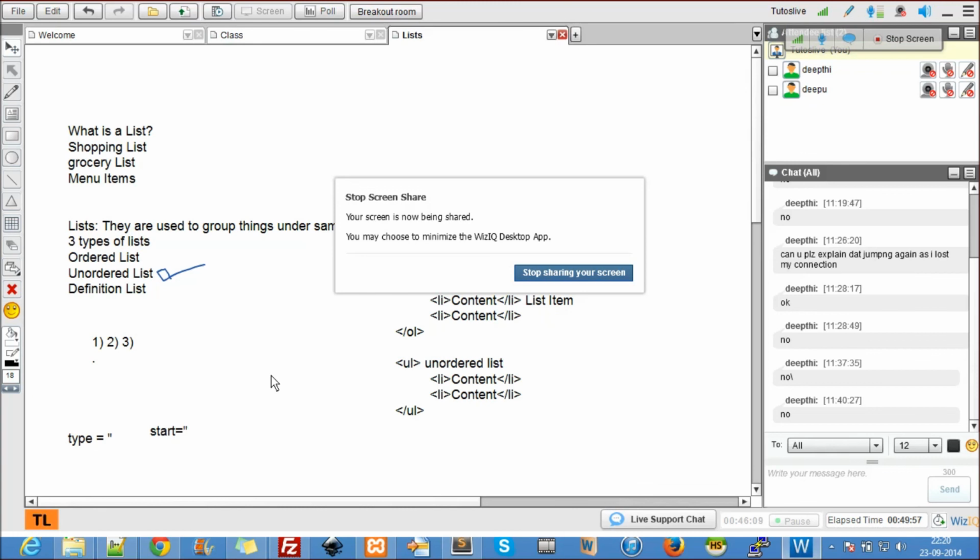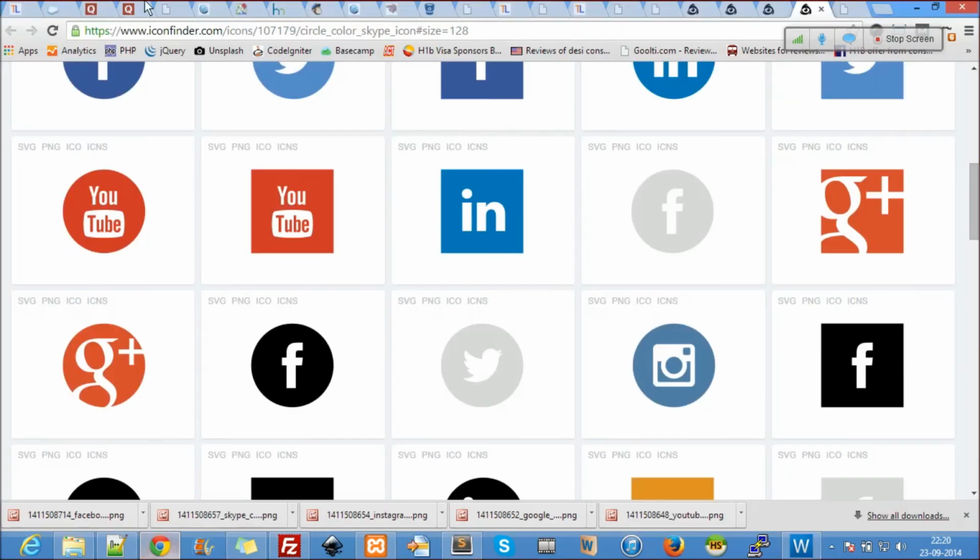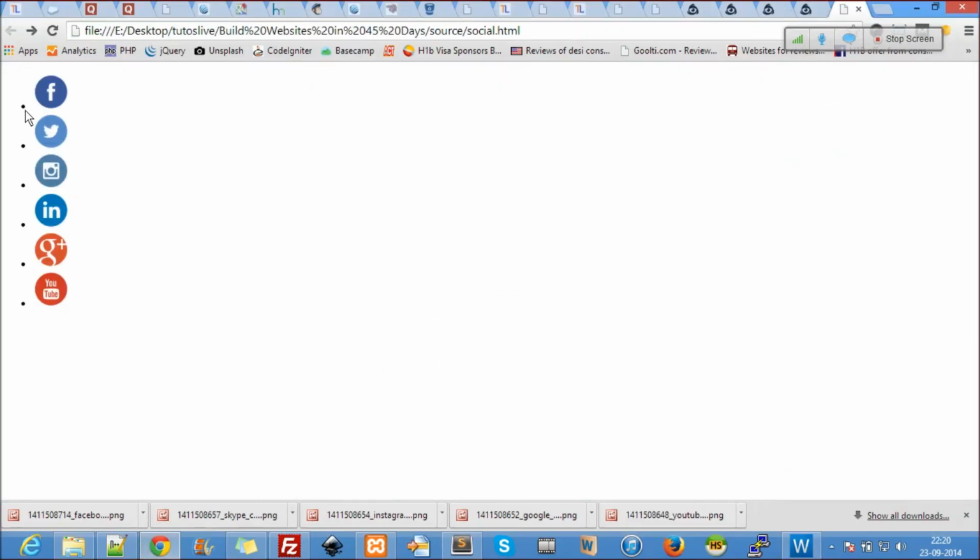And why unordered list? Again, that's a standard. You can also use OL, but an unordered list doesn't look like a list, because the bullet points are gone. They're already gone here, and you can remove them in CSS. I'll show that in the CSS part. But this is how you usually do links in a list with images.